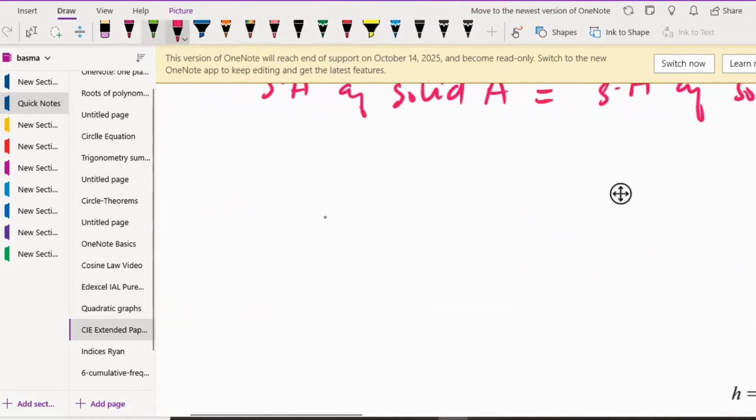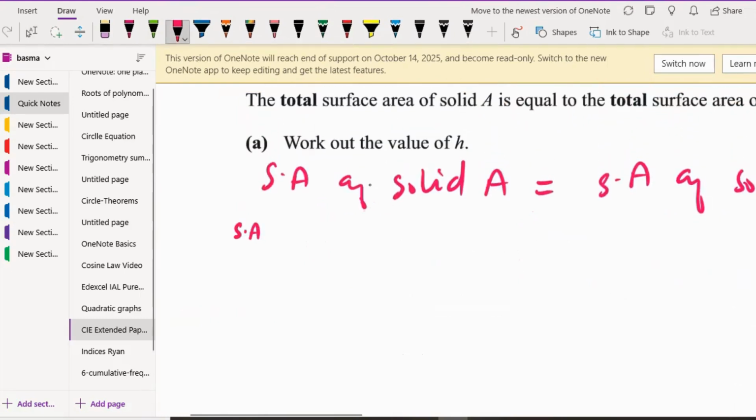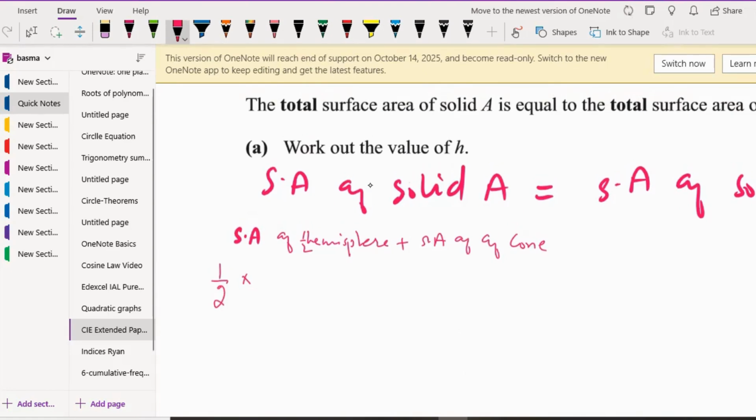Okay, so let me just write it here. Surface area for the solid A is the surface area of hemisphere, half hemisphere, plus surface area of cone. Okay, so let's find the surface area of half of the hemisphere. So half times the surface area of hemisphere. What is the surface area of a hemisphere? You can check it in the formula booklet. That's gonna be 4 pi r square. Okay, so surface area of half of the hemisphere, which is half times 4 times pi times r square, plus the surface